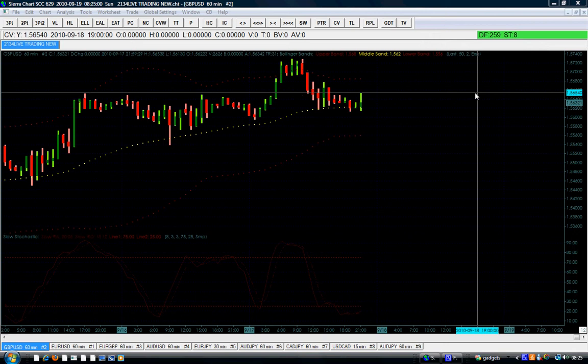Another way that you can do that is to have the high of the previous day and the low of the previous day drawn on your chart. So you see the price approaching the high of the previous day, you observe carefully the reaction of the price at that time, especially in a downtrend. In a downtrend, because we know that the price is going down, we will observe the next day if the price approaches the high of the previous day, because in a downtrend the price should not be displaying a higher high, but it should be displaying a lower high and lower low.